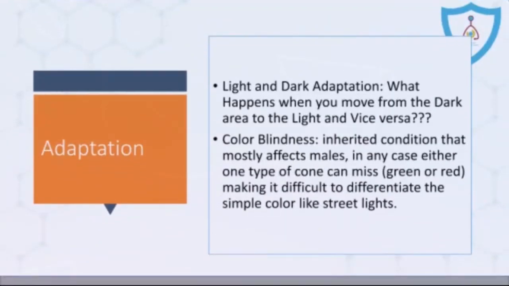The other thing we need to talk about is how the eye adapts to different environments, for example light and dark adaptation. I talked to you already about extraocular muscles that help move the eye in different directions. And then we also have intraocular muscles that help the eye to adapt or accommodate different kinds of environments. For example, when you are in a dark room and then